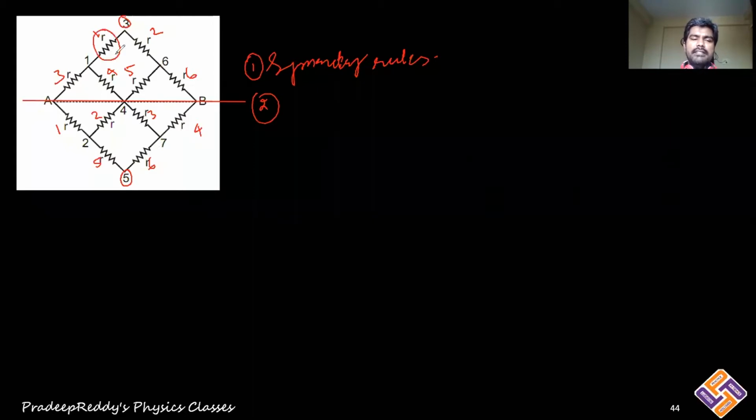That resistor I am considering. If that is R, exactly to that we have a mirror image at this position, and that value is also equal to R. R and R, both resistors are equal, and exactly that is the mirror image. Similarly, you can take the resistor rounded at number 3 above the horizontal, and below the horizontal I am rounding resistor number 1. 3 and 1 are identical, its value is R and its value is also R.